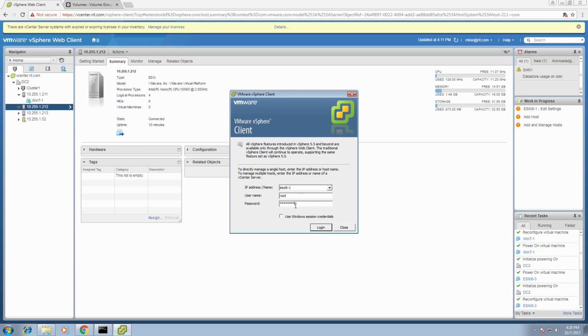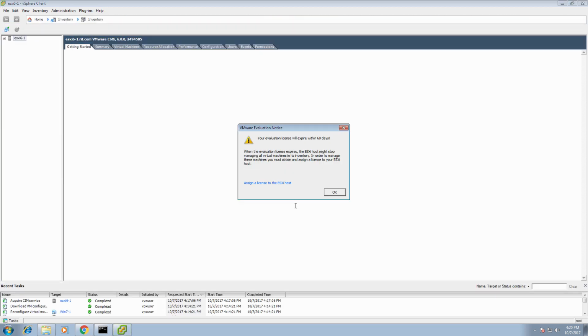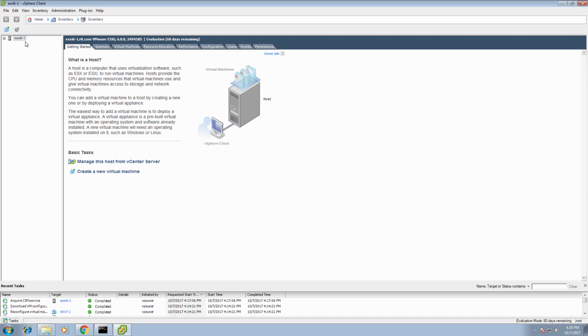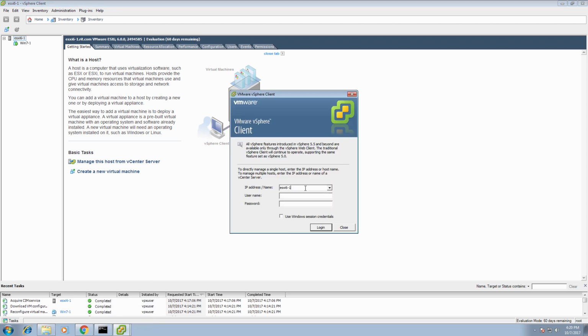console in via the vSphere client and get these guys deployed. So give that a couple seconds for it to connect. It's going to load the inventory. And then the last piece here is, yep, that's fine. We should have Win 7 PC1. So if I go in here and click on this guy and open up another vSphere client, I type in -2 and I go,